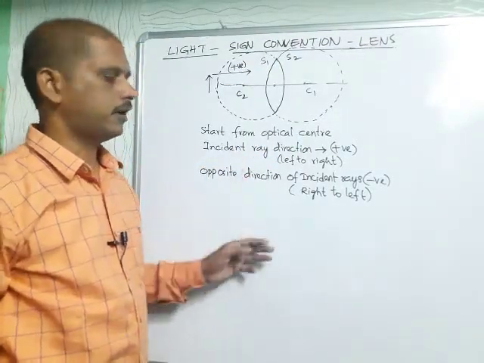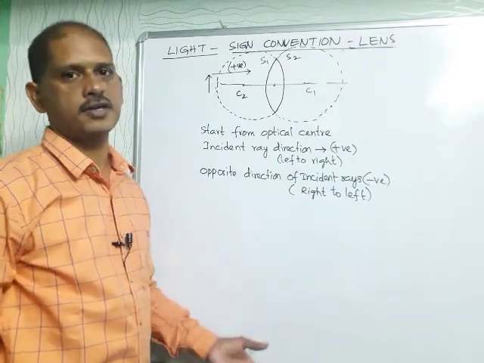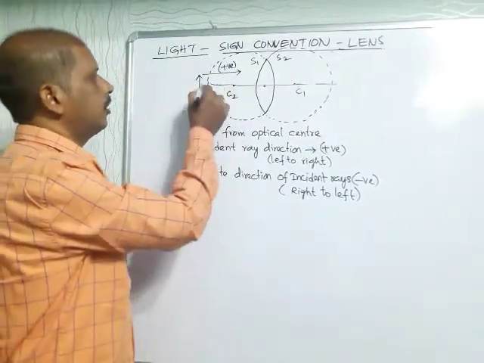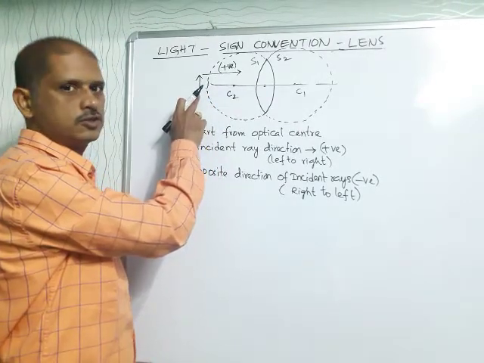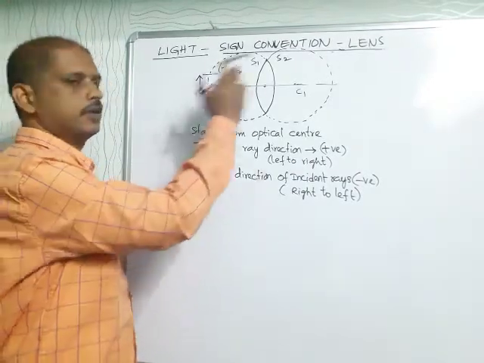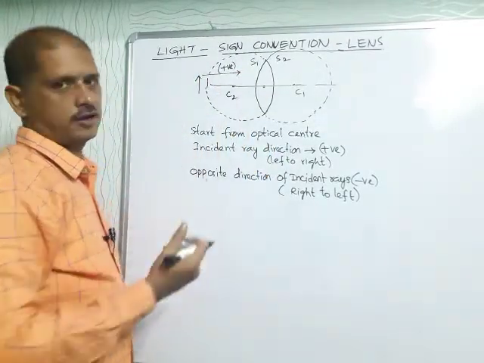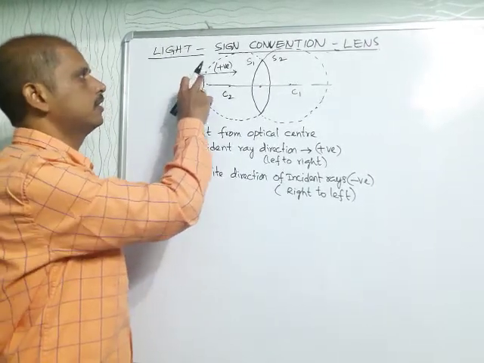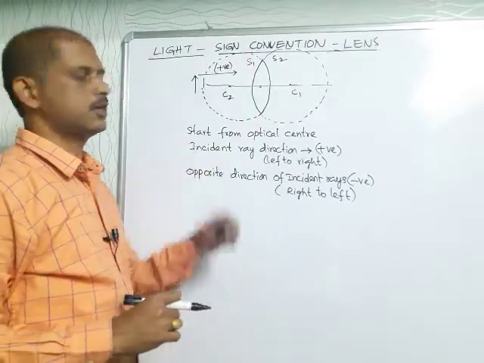But here, how to take the object distance, image distance, and focal length and radius of curvature you have to take. See that if you keep the object left side, this is also always better to consider the object should be kept at left side only. That is a general convention. If you keep right side also, no problem. But to draw the diagrams we are following particular rules. So better to keep the object left side. When you keep the object left side, the incident rays are incidented right direction. So that should be considered as positive.